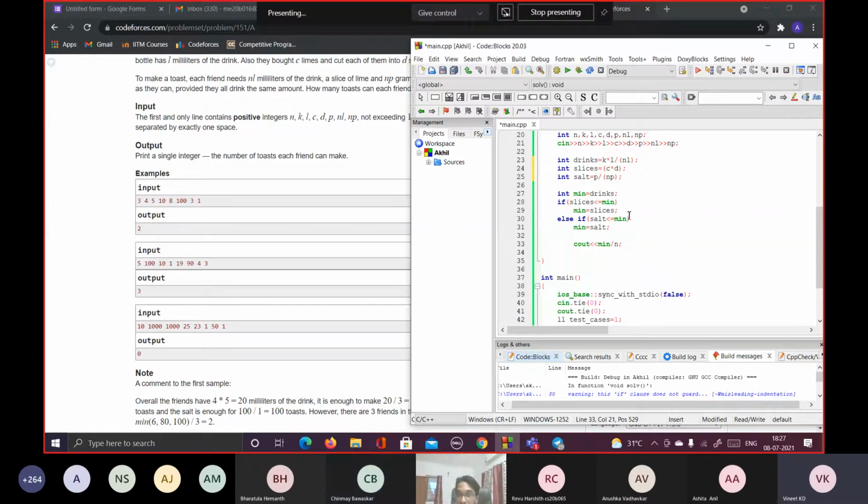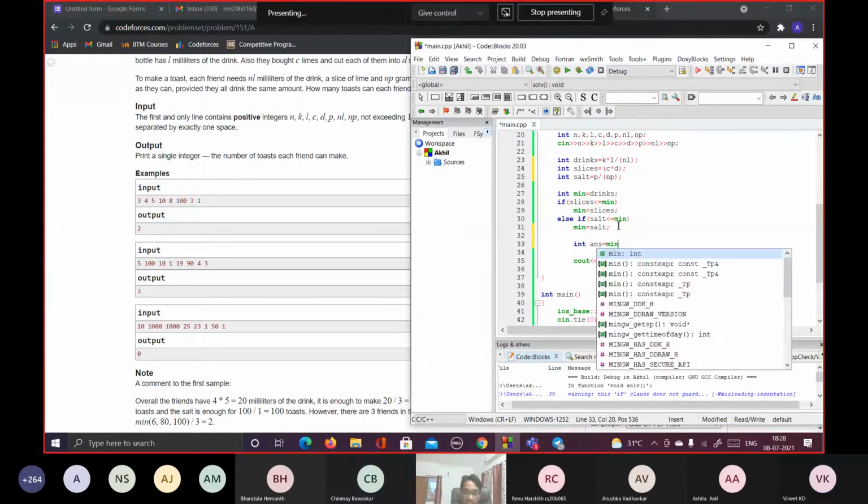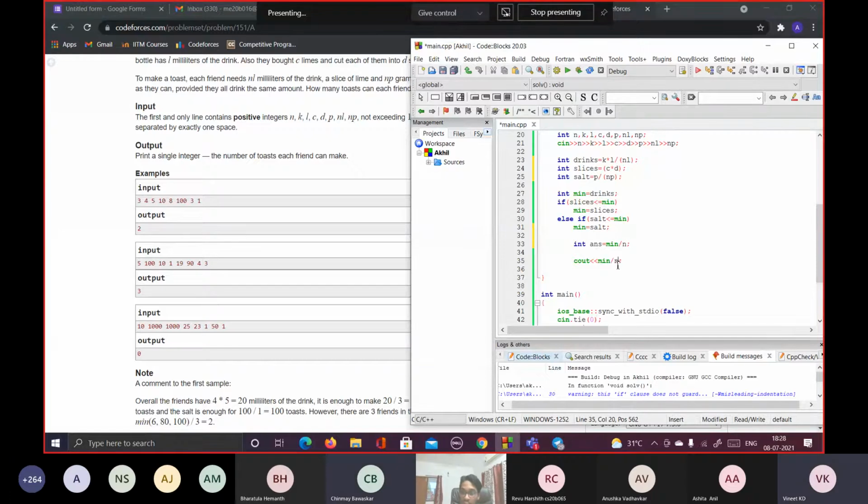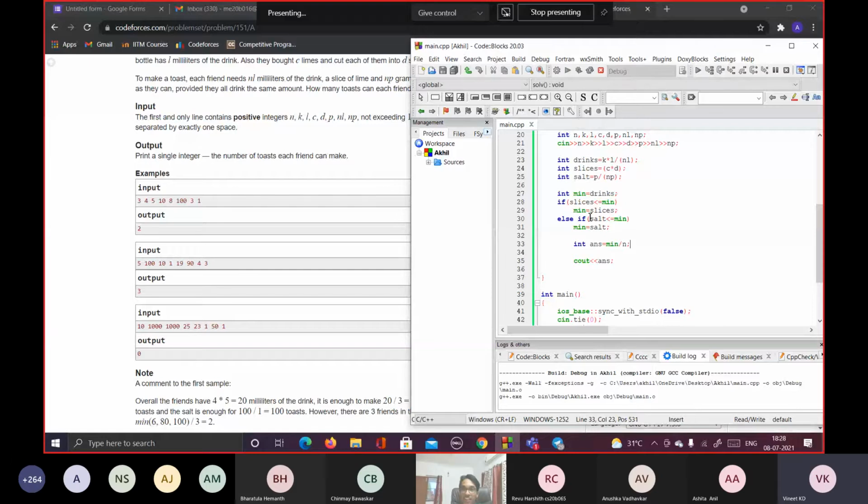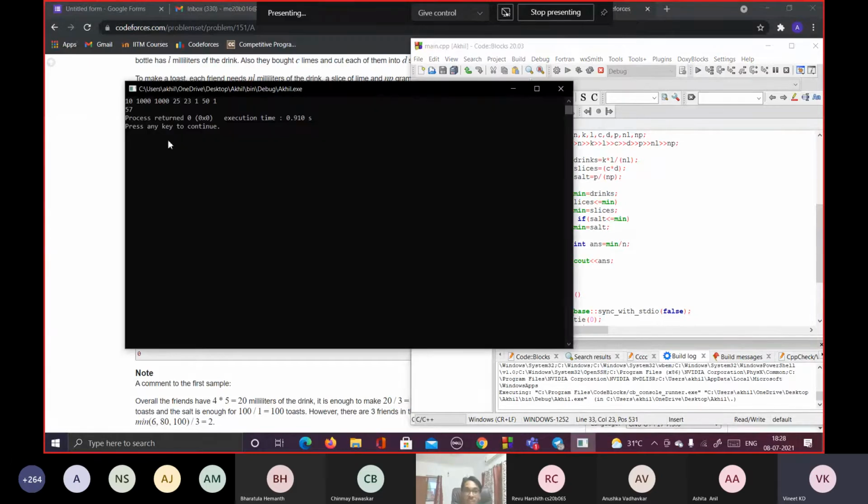Yeah, so the code he suggested is this one. I've removed the by n in the variable declarations and I'm giving it in the last step. So you also have to declare the min divided by n as an integer variable to get the output. Okay, so fine, I say int answer is equal to min by n, and you want me to output answer. Okay, yeah, so I'll run, but it's still giving me the same one.